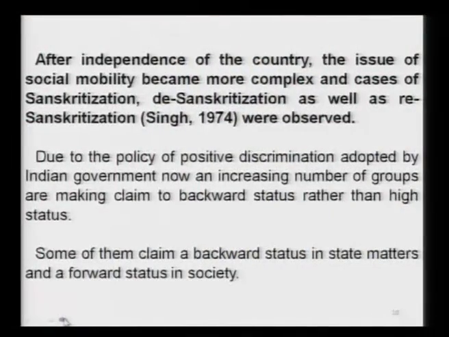Now, due to the policy of positive discrimination adopted by the Indian government, an increasing number of groups are making claim to backward status rather than high status. That is also a source of, one can say, desanskritization. Some of them claim a backward status in state matters and a forward status in society. This is not to hurt the sentiments of anyone, but I have seen that there are certain